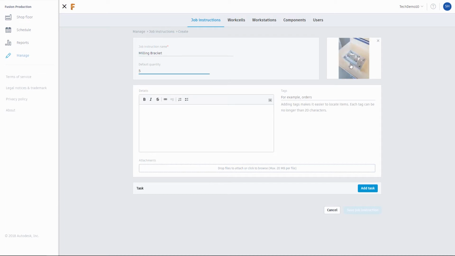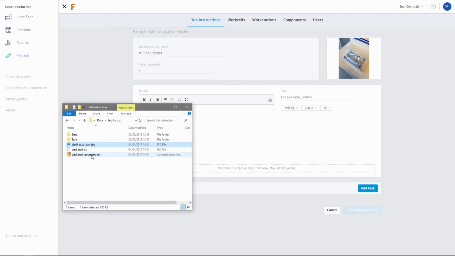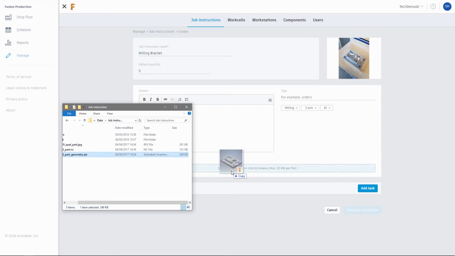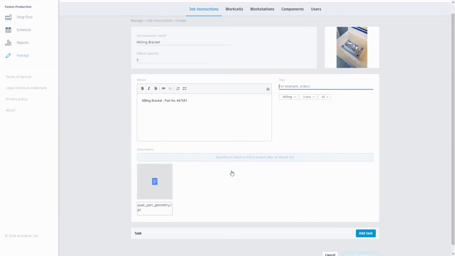Now for some details. You can add anything here that you think will help the operators during manufacturing. So I'm just going to add a brief description of the component. Tags allow you to easily locate the job instruction once you've created it. Multiple tags can be added at once by separating them with a comma. At this stage, you can add any supporting files such as CAD data, and we're now ready to create our